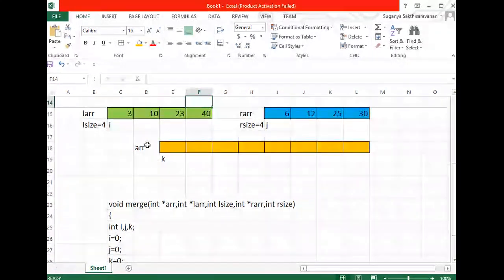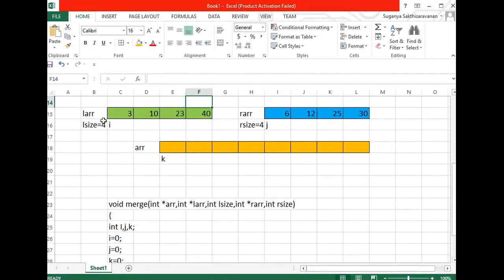L array of ith index is 3. I'll check whether L array of i is less than R array of jth index. Right now both the pointers are at the zeroth index. So I'll check whether the element at these two indices, whether your L array position is less than your R array. If this condition is true, which value has to be brought to the new array? Your L array's ith value has to be brought to the new array, right? It's a new array. So this is the operation I'm going to perform.